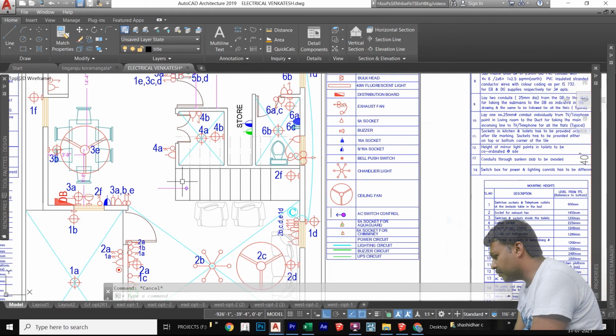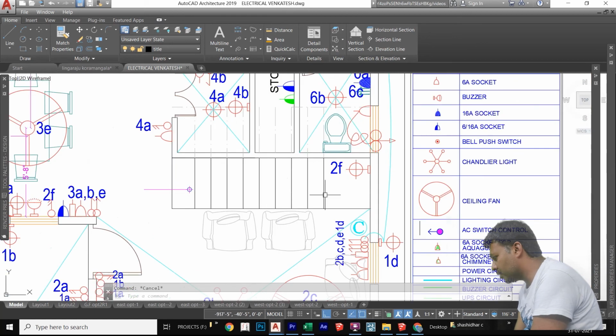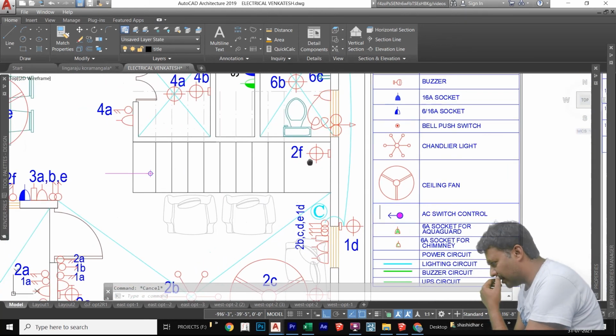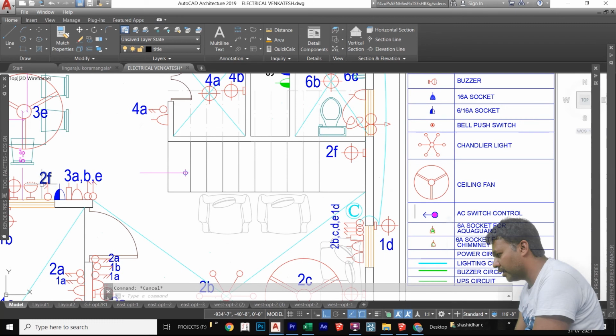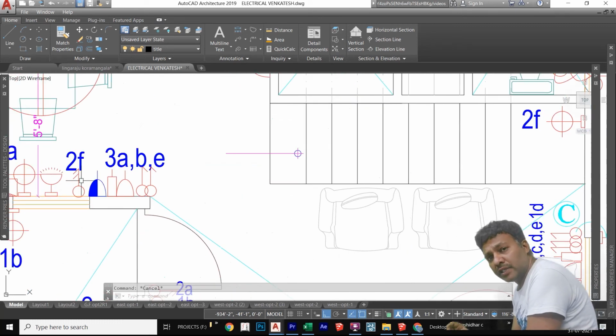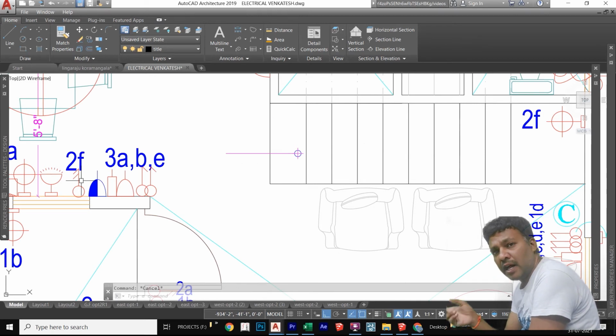Now this is the first floor. The staircase is here, so we have to start here, climb up, and come out here. See, this first floor lighting, 2F, this wall lighting point I have given here is a 2-way point, so that before starting the step up we can switch it on, and once you reach the first floor you can switch it off there itself.